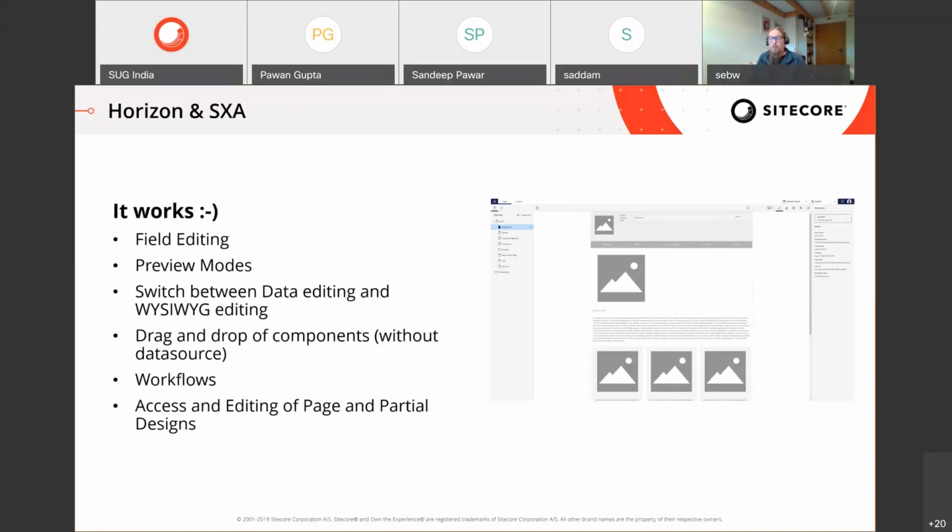You have a drag and drop experience of components, but only for components that do not have a data source. And it supports workflows, and you can access your page and partial designs and also edit them. But again, only with components that do not have their own data source. So that's already a lot, I think, what is provided along with Horizon, and SXA sites are completely supported in